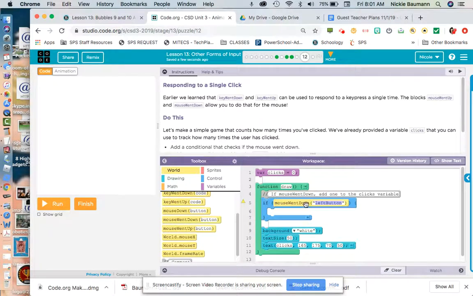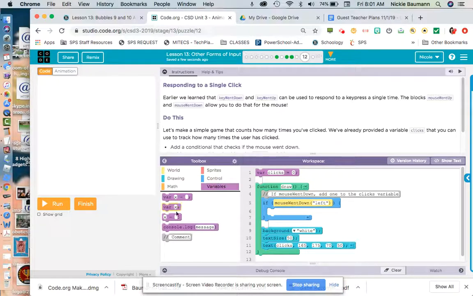If the mouse went down, and I can just do left, I'm going to add to the variable clicks. So right now clicks is 0, and every time I click, I'm adding 1 score. So I need the variable, purple.